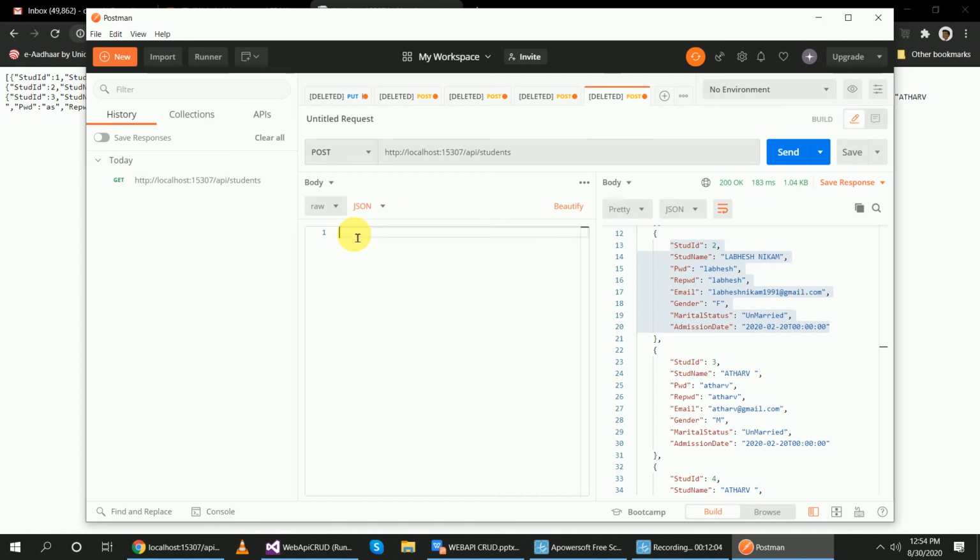Delete it. Okay. This is my JSON code, and I want to create a new record. So to create a new record, there is no need for this ID. So I delete this. Okay.